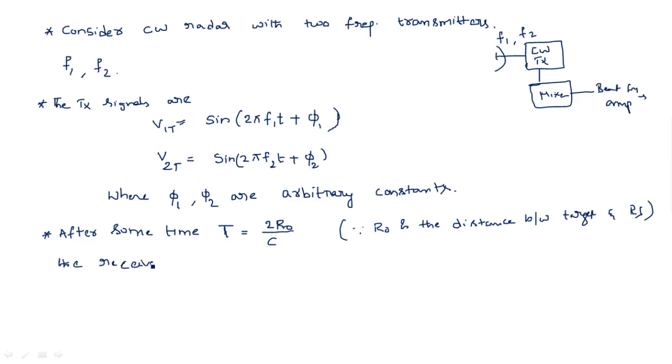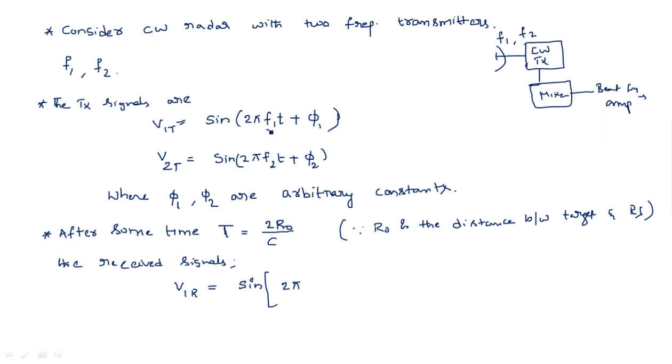Okay, now after some time t, the received signals are, how many signals are we receiving? Two signals. For v1t, one signal will be coming back. For v2t, another signal will be coming back. So we can receive those signals as v1r. v1r corresponds to v1t, the received signal for the first transmitted signal. v1r is equal to sine, see carefully, 2 pi,